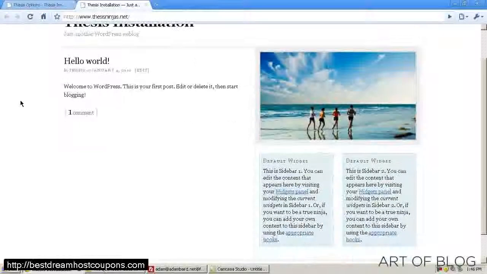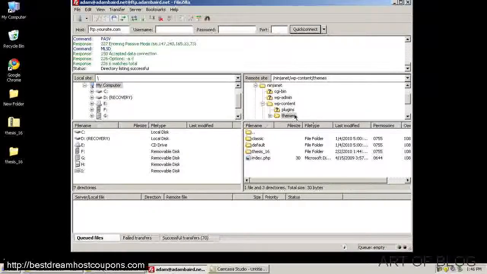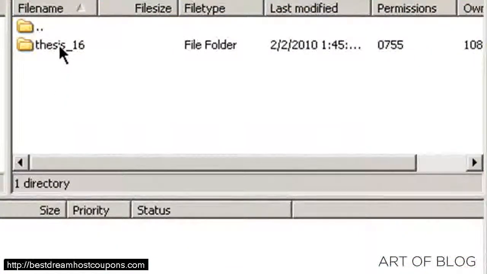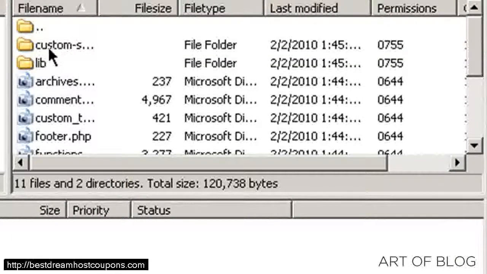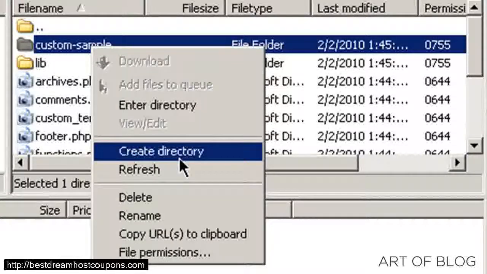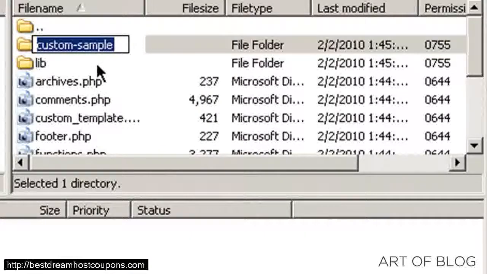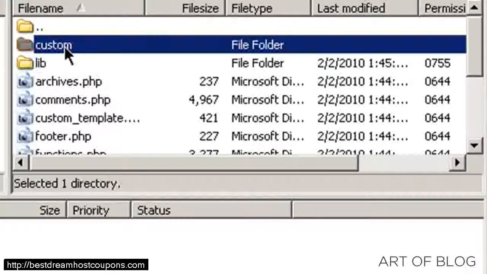Now, we're not quite done with the installation yet. There's a couple more things we need to do. In order to be able to use our custom folder with Thesis, which is absolutely crucial, and we'll get to that a little bit later in the Quick Start Guide, we need to rename a file. And if we just go into our Thesis directory here, go ahead and drag that out so you can see the file name. There's a custom sample folder. If you right-click, usually, even if you're not using FileZilla, there should be an option to right-click and have the rename option appear there. We're just going to rename this Custom,